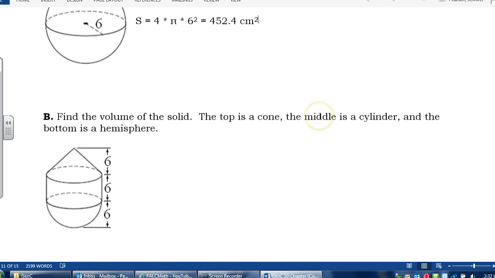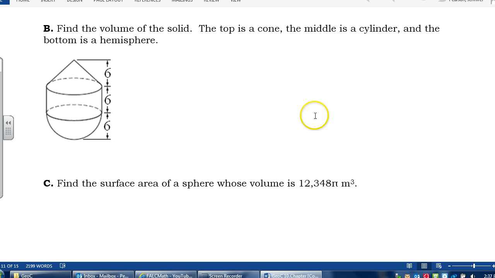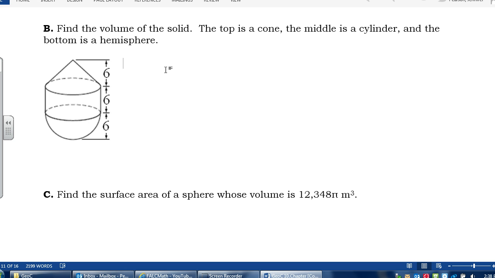The next example is a composite figure. It has a cone at the top, a cylinder in the middle, and a hemisphere, which is half a sphere, at the bottom. So I will need to calculate each of those three pieces and then add them together to get my final answer. So we need to recall the volume of a cone formula